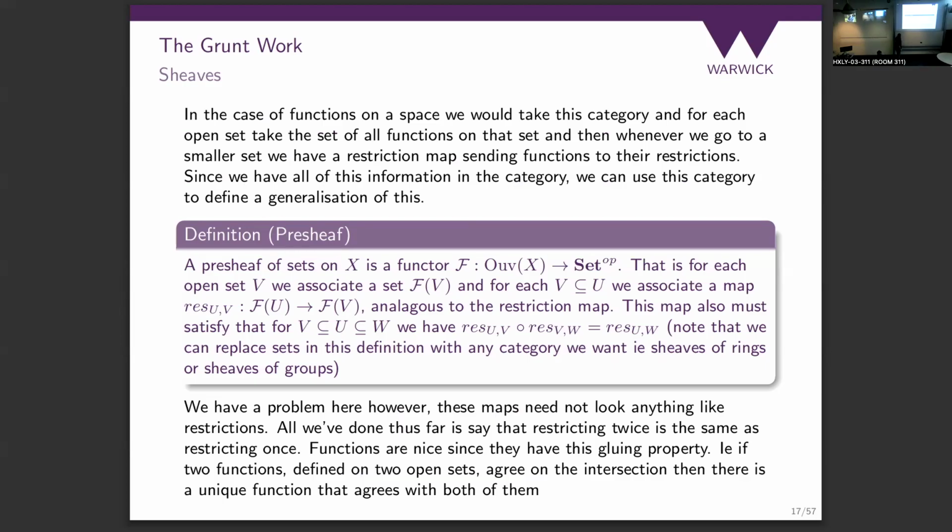So let's say we've got a function defined on some open set here. We'll just call it k, some place. It's a function on this open set. And then we've got a smaller open set. Well, there's a natural way to turn a function on this open set to a function on this open set, right? We can just take f restricted to this open set. So when we're looking at the structure of functions, we do really care about when there are inclusions between the sets. And so if we have an object that has these properties,